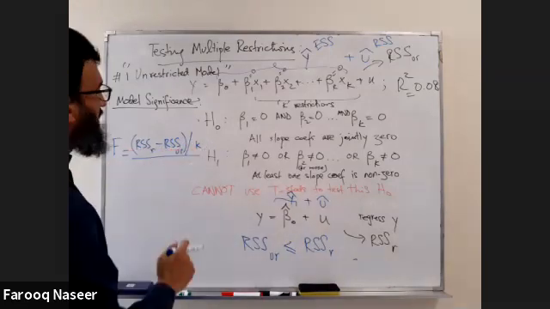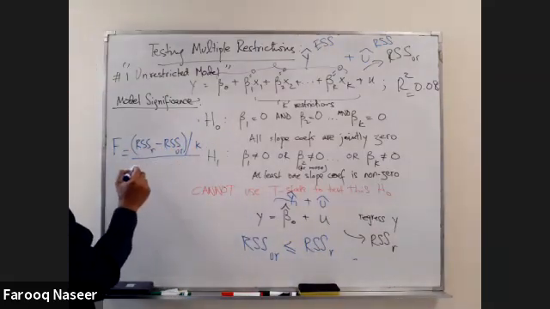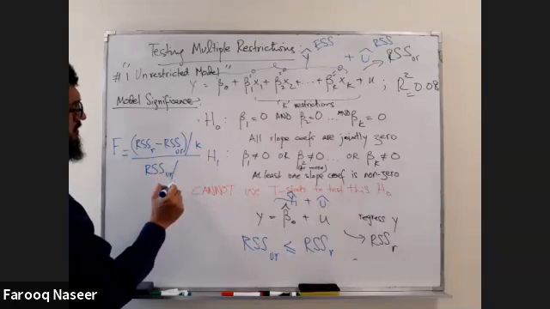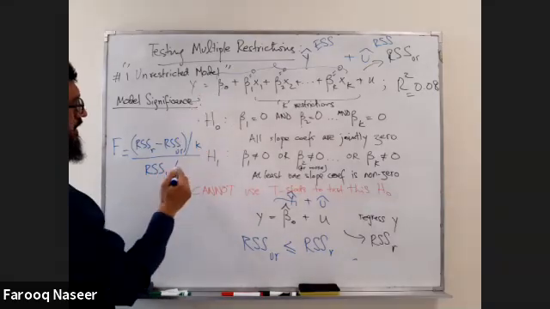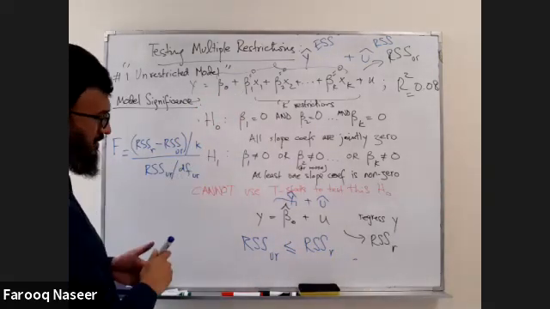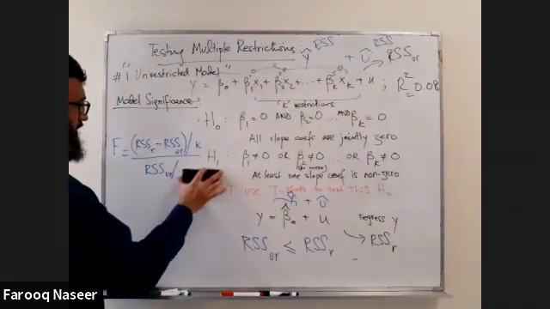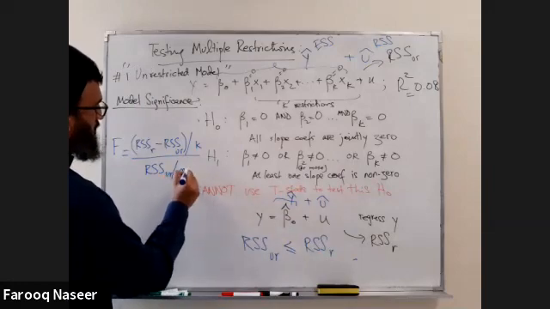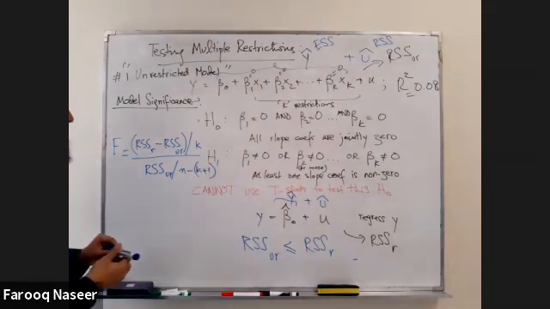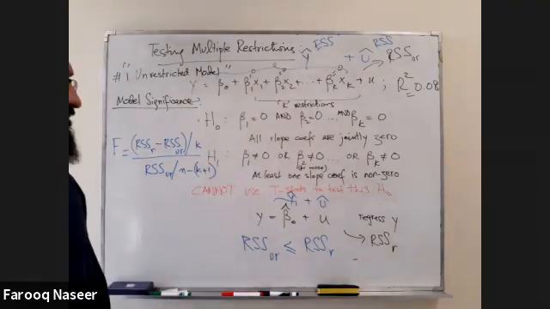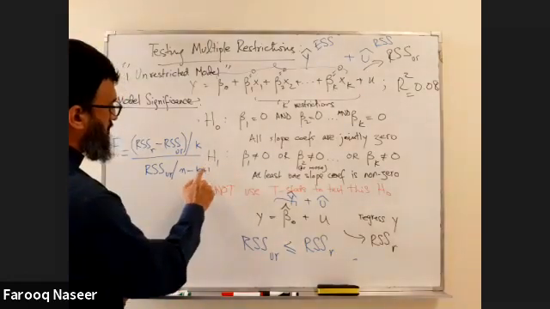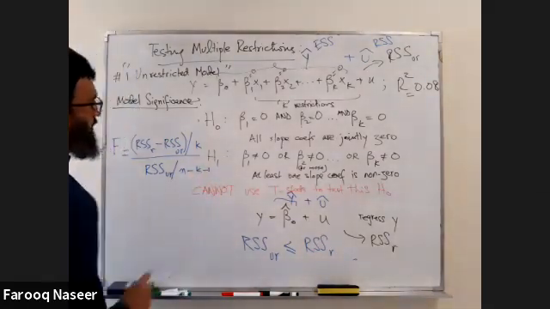So ये difference divided by k, and then the denominator is the RSS of the unrestricted model divided by the degrees of freedom in the unrestricted model, which are simply n minus k minus 1. अगर आपने उसको पूरा लिखना है तो n minus (k plus 1), where k is the number of x variables plus c. ठीक है जी, or n minus k minus 1, remove the parenthesis. This becomes minus. Okay,